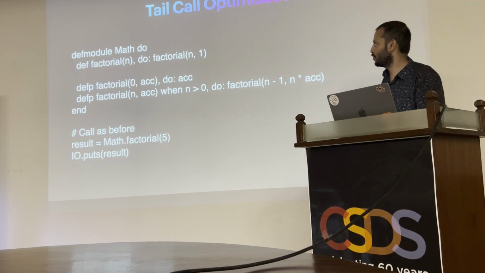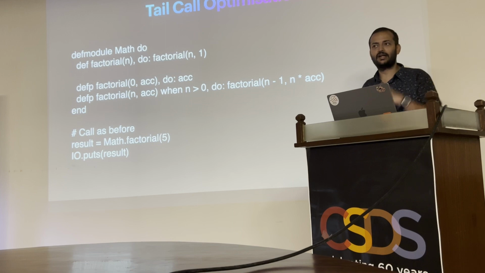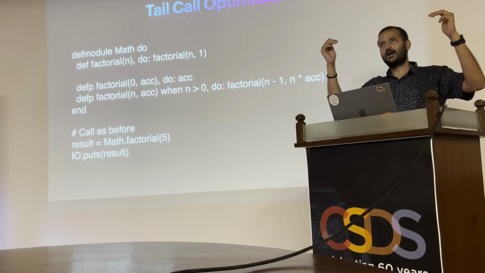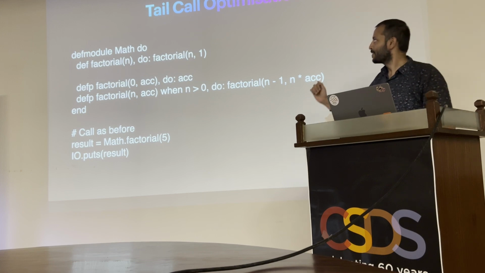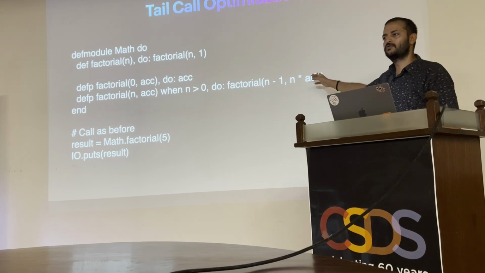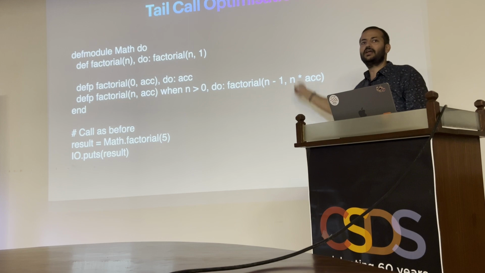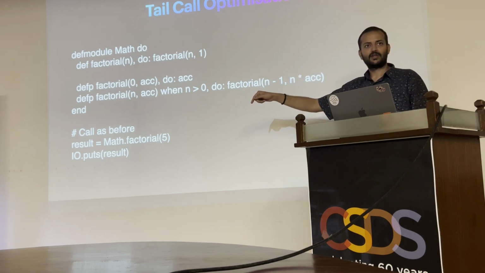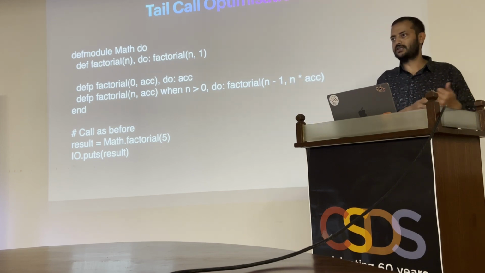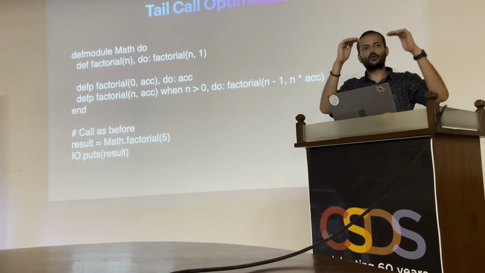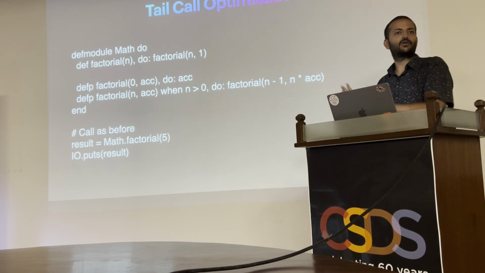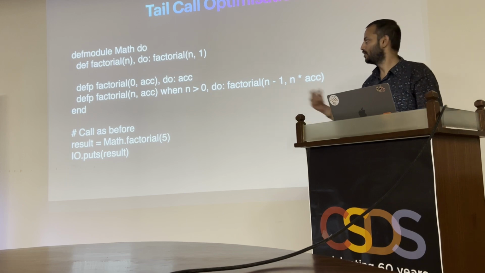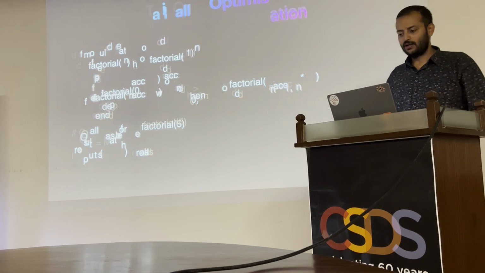So now essentially what you are saying, and I'll show you in the last slide how it runs in the backend, how the VM actually runs these calculations at the backend. In the tail call optimized version, the result is saved in each iteration. Whereas without it, in the previous example, as you saw, all of them are stored in memory and then recursively added together to create the factorial for the number that we are calling at.